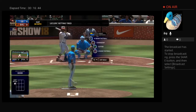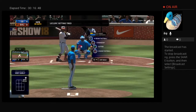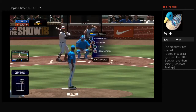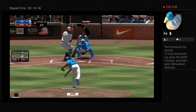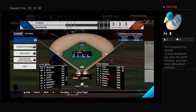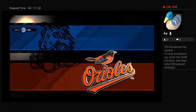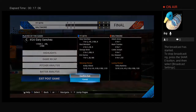Two balls and a strike to the Orioles leadoff hitter. That's a good pitch to lay off right there. That cutter inside. And that is a real tough pitch for hitters to lay off of. And a lot of times, if you do swing at that cutter in, you're going to end up. And a swing and a miss, and that's going to do it. This one's headed for the record books. A combined no-hitter. So we witnessed a close one here, but this man was a